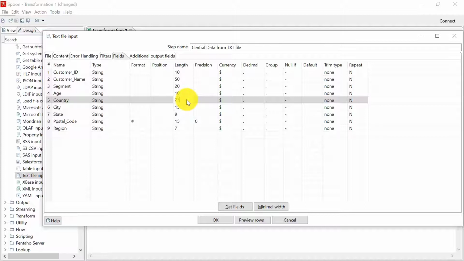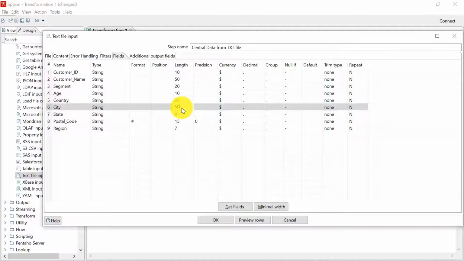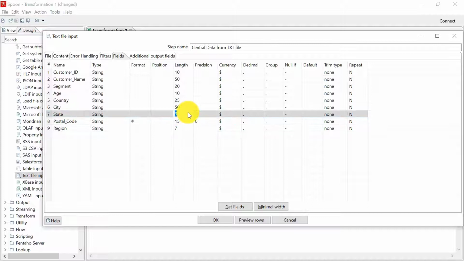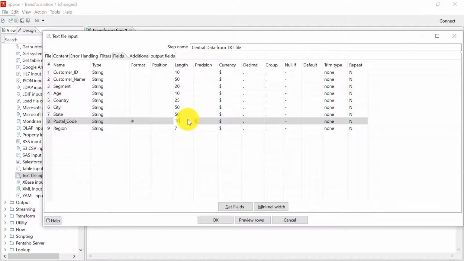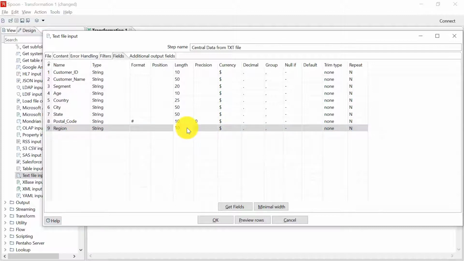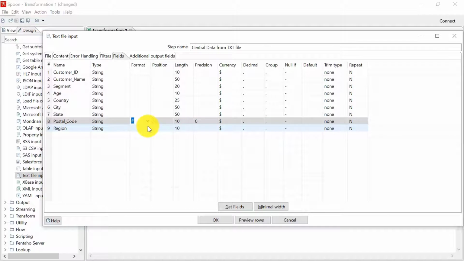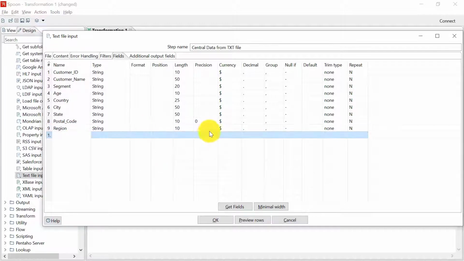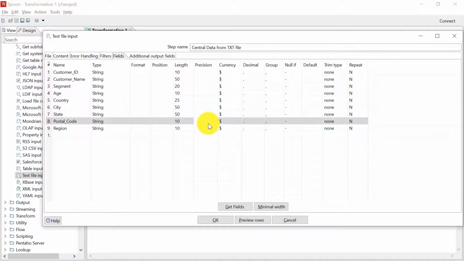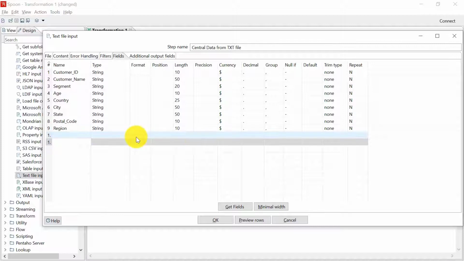Country is 25, city is 50, state is 50, postal code is 10, and region is 10. No need to specify the format and precision for string type of variable. So these are the field names and the field types and the corresponding length of the field.